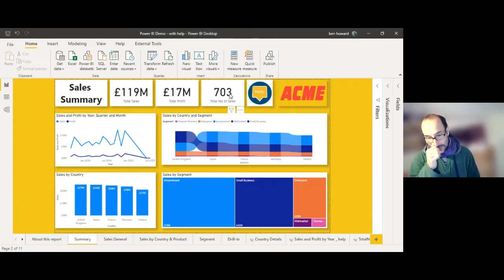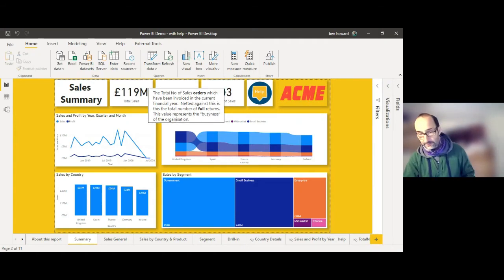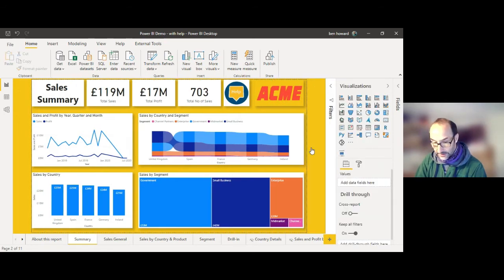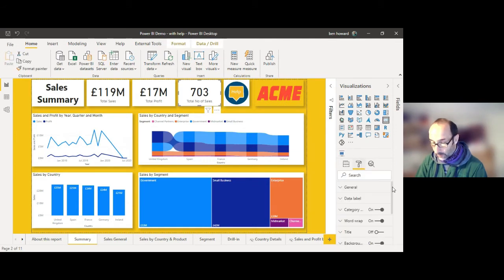Well, if we go back into my Power BI file and have a look at this card, let's just pick this visualization up, which is our card. Just click on there. And we look at the formatting, then down towards the bottom of that card, we can choose whether the tooltip is displayed on or off. And if we choose to turn that on, then we can display a specific page for that tooltip.